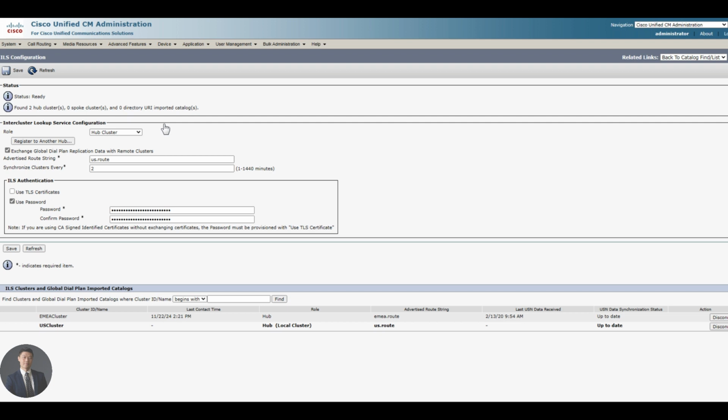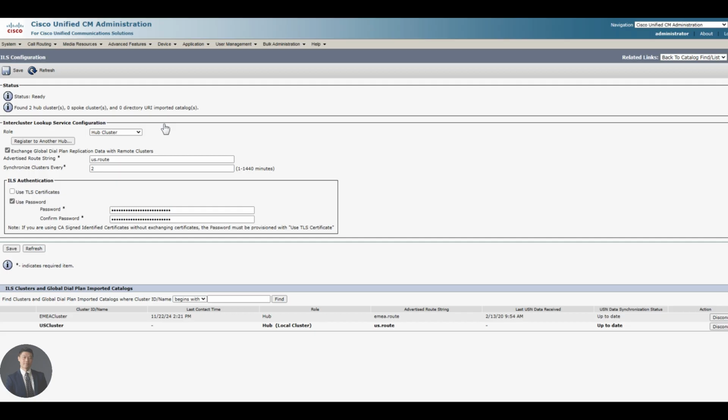The ILS cluster discovery service allows Call Manager to learn about remote clusters without the need for the administrator to manually configure connections between each other. The ILS cluster discovery service enables the UDS based service directory for Jabber clients in a multi-cluster